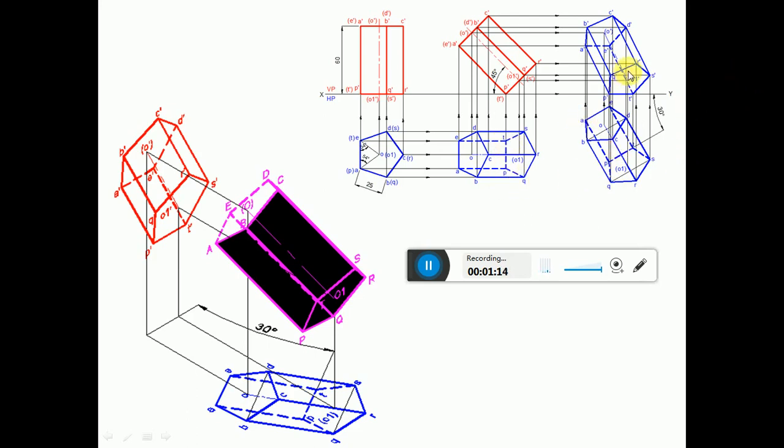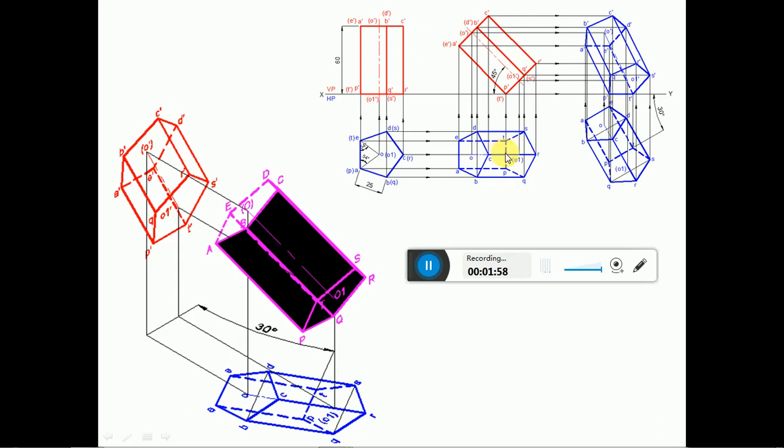So how to do that? Consider any point. From there you measure an angle of 30 degree with respect to XY and draw an inclined line. Then you measure the length from P to T and consider any point on that line and cut an arc till here to get this point P. So now we got PT. Then you measure the length from P to this distance by using compass. Then again with P as center, cut an arc on PT to get this point.